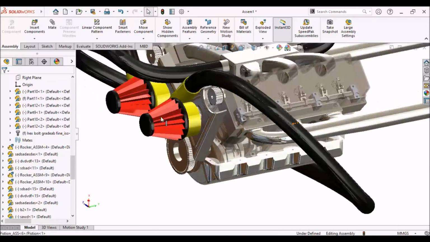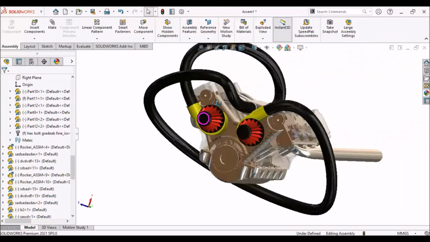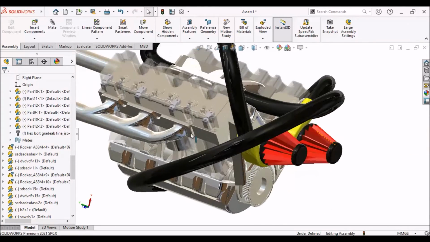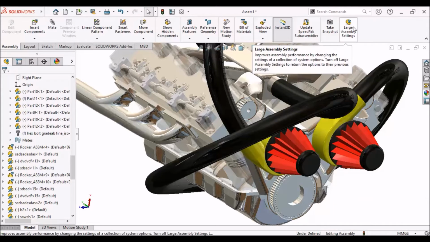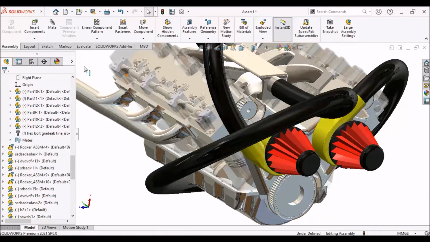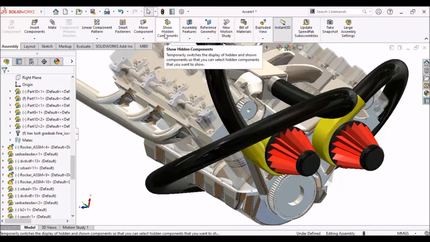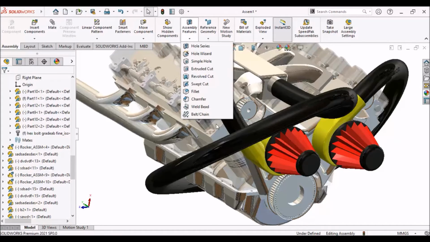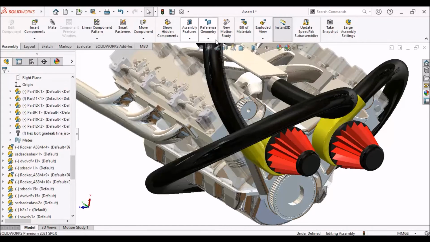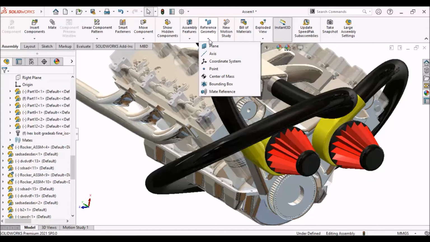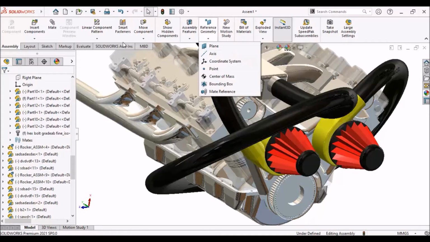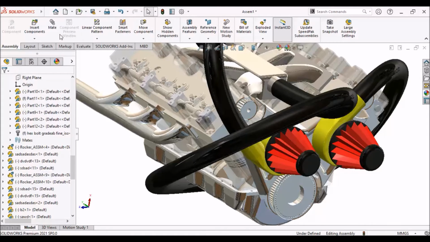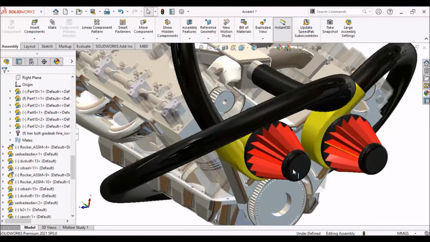We can design all the parts and then assemble them with assembly modeling, and we can use large assembly mode if my assembly is very large. We can use move component, show hidden parts, and assembly, like we can add belt, chain, and weld. There are a lot of mechanical constraints that we can import, like we have to study motions and perform some patterns, and assign some mates. We can use a lot of things.